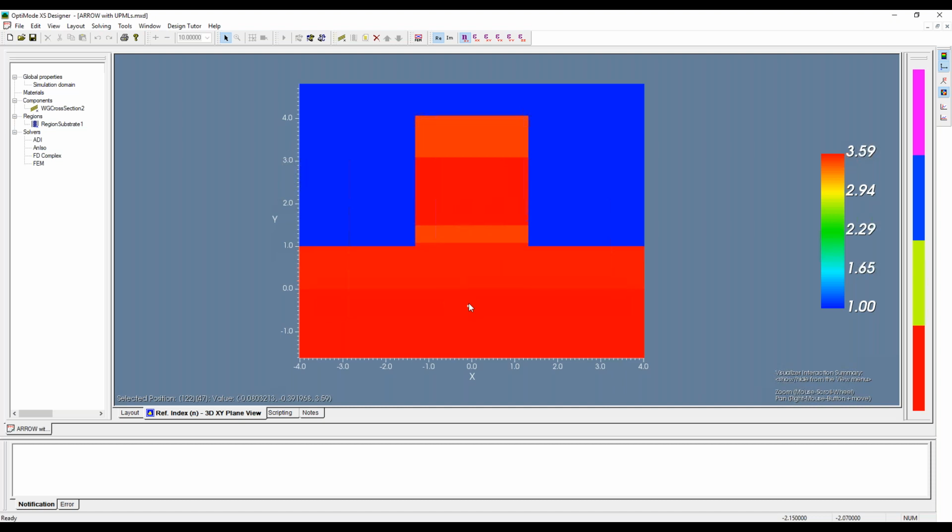Now, like I pointed out in the beginning, this geometry has a symmetry down the middle, right? The left and right are equal if you slice down the middle. And so we can actually halve the simulation time if we only care about this right side of it. If you look at the paper, or if you do some simulations, you'll also find out that the fundamental mode here is X polarized. So we want the major component to be X, which is pointing left and right, which means we want to use an electric